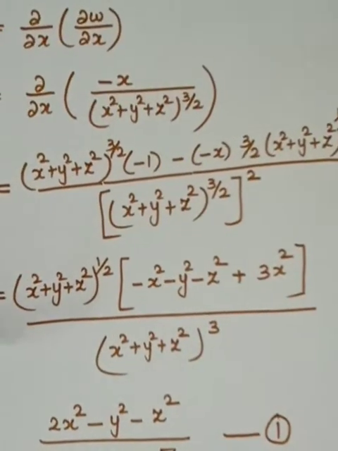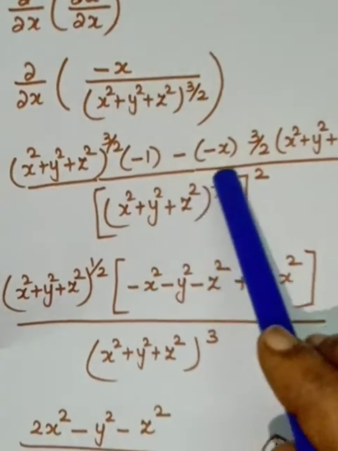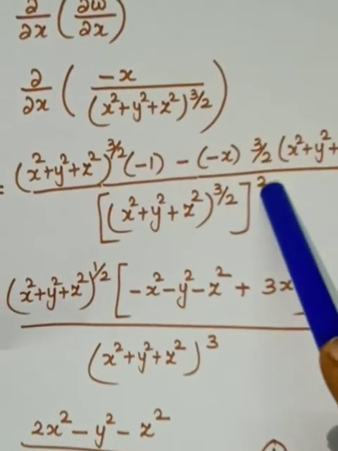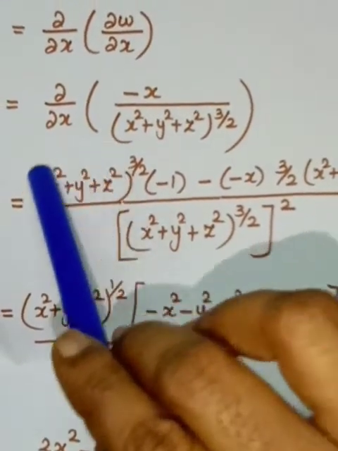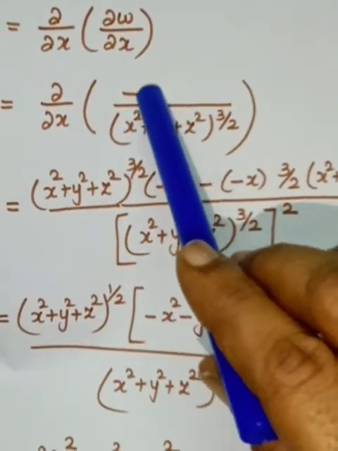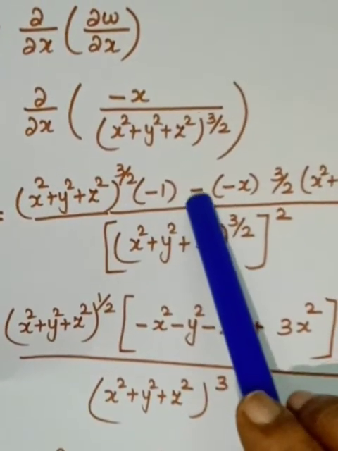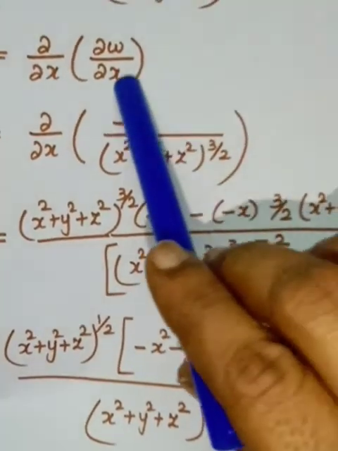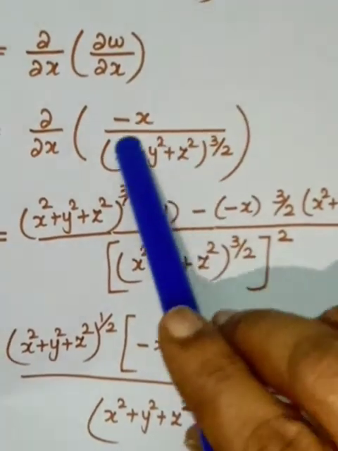So the first step, what is the quotient rule? The denominator, the whole square. So the denominator is this and I have squared it. Next, the denominator, that is the v term, is written as it is. And minus x, when you differentiate partially with respect to x, is minus 1. In the quotient rule, in between you are having minus. And this u has to be written, that is minus x.